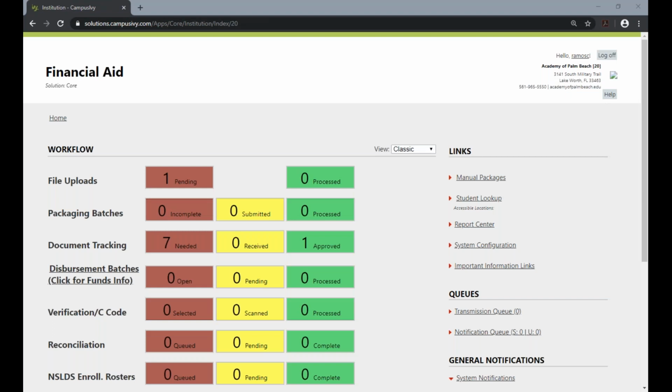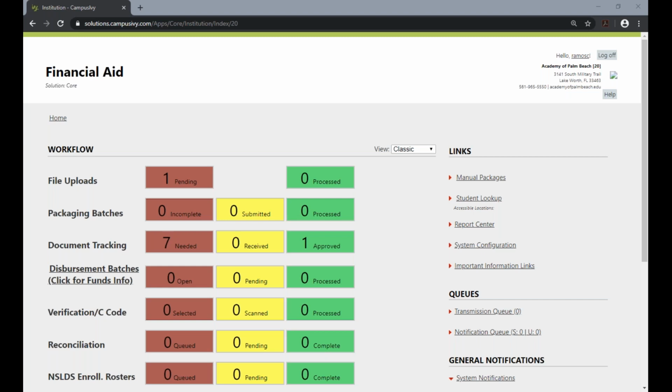Welcome to Campus Ivy Student Self-Registration Training. In today's training, what we're going to review is how your students are able to essentially self-register themselves into the core environment. Once they register themselves into the core environment, you will then be able to validate that enrollment, make some updates to it, and essentially the student will be officially added into